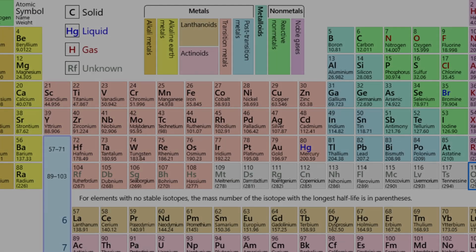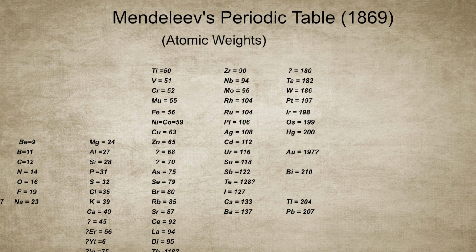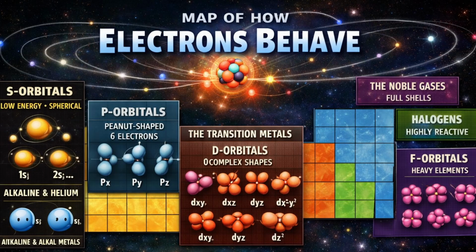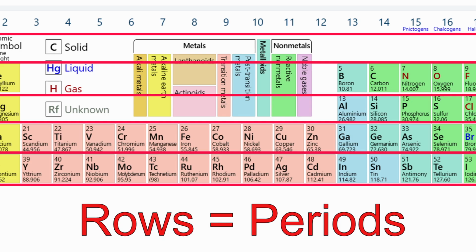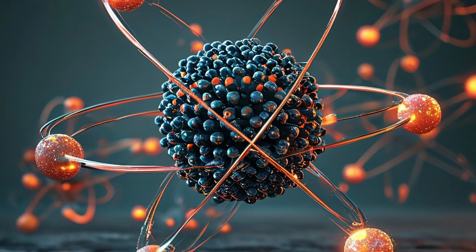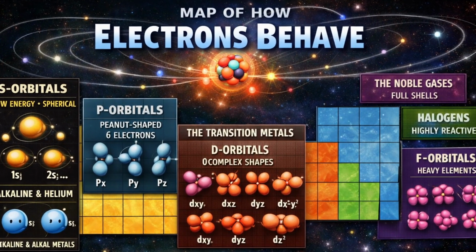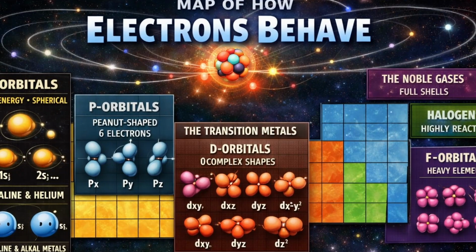I'm sure you've seen the periodic table, but here's the surprise. It's not just a list of elements, it's a map of how electrons behave. Every row and every pattern on the table comes from electrons acting like blurry waves, not little particles flying around. If you zoom in close enough, the whole table turns into fuzzy shapes, energy levels, and electron clouds that don't